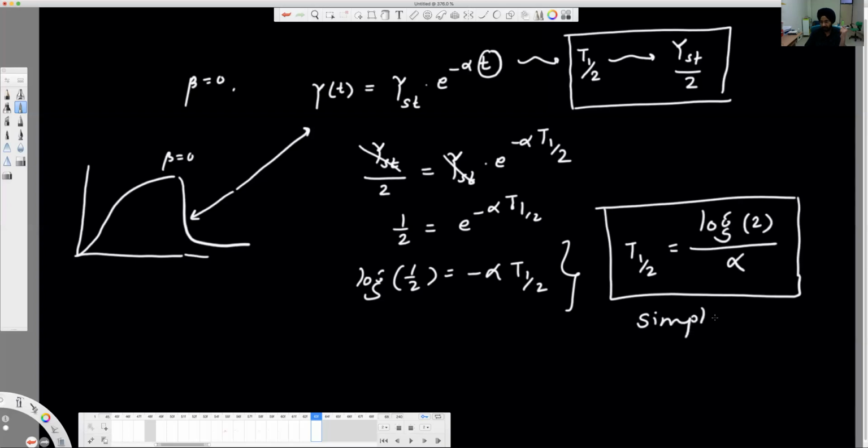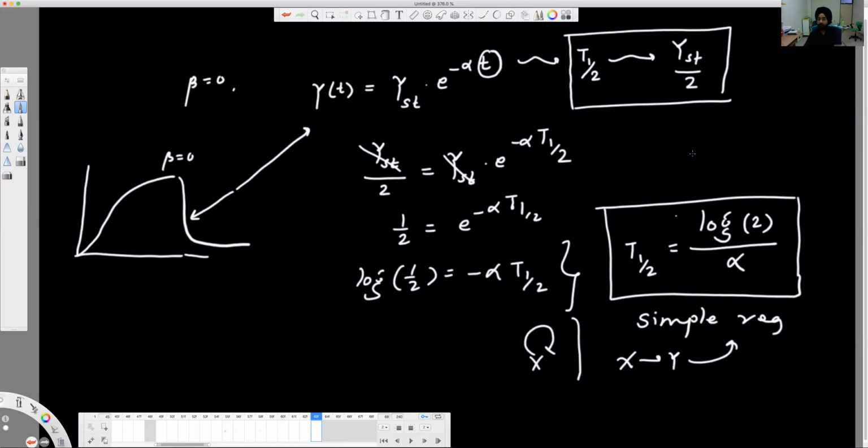Remember, this is a simple regulation. What do I mean by simple regulation? When I say X activates Y, that's called simple regulation. What could be other regulations? There can be regulation where X is regulating itself, either repressing or activating. That's a different one. This is what the simple regulation is.